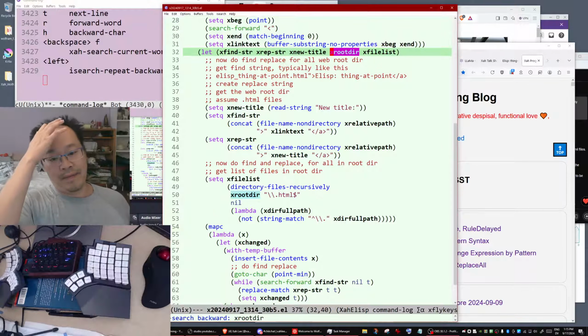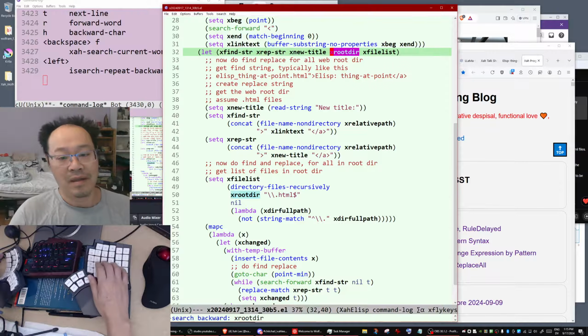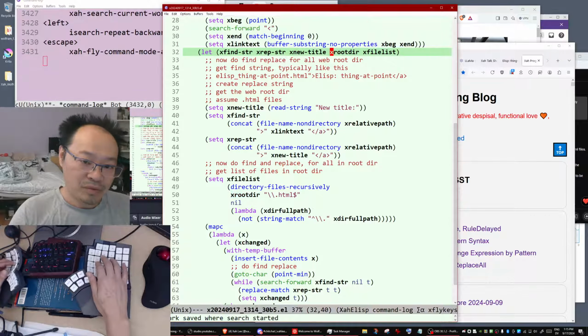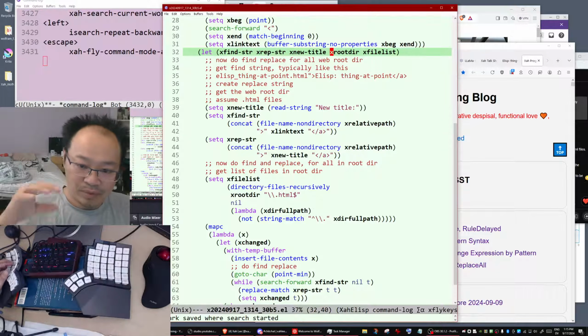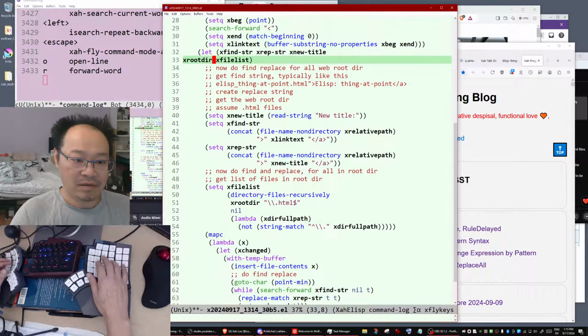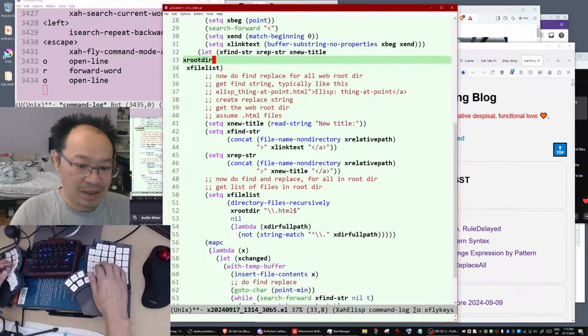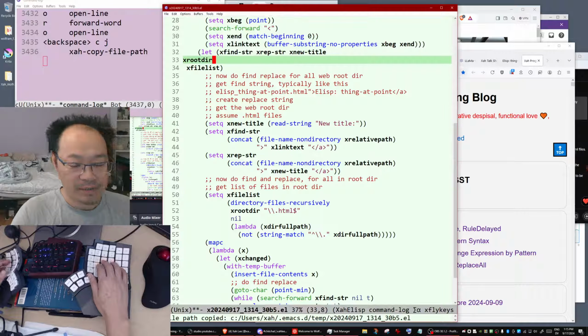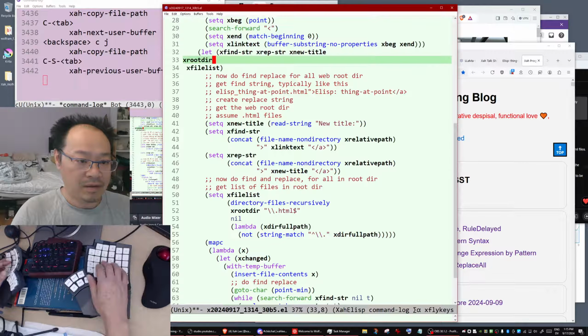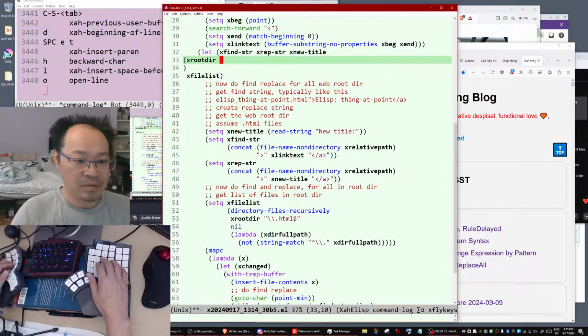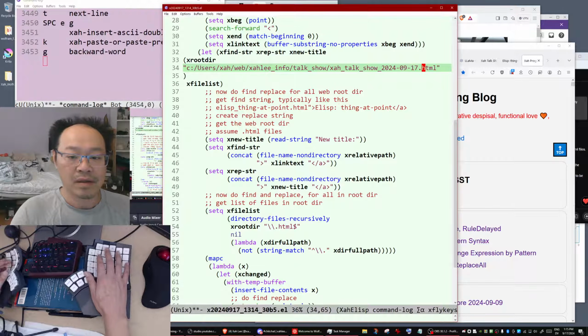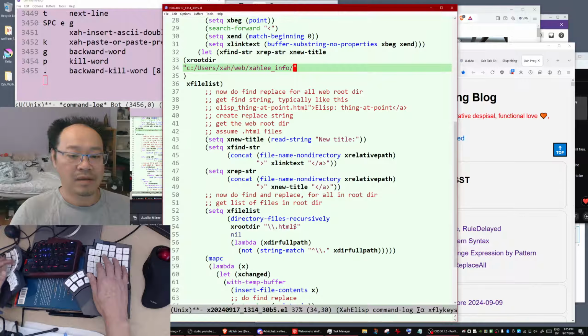No. Okay. Well, the router, it should be the web root. So that depends on each person. Where's your router? For me, let's just hard code it. So router is going to be that.